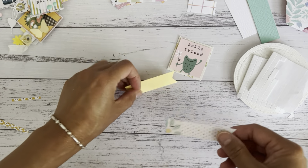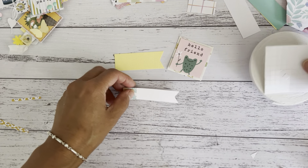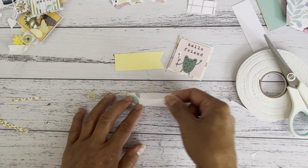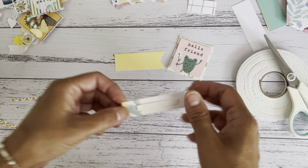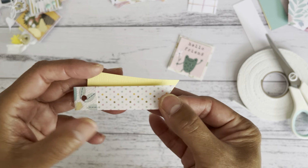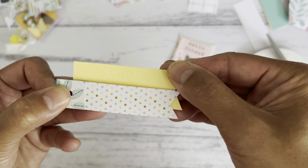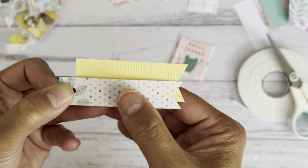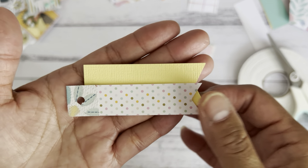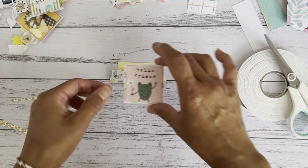So I've done that now, and that's going to get placed onto the front of the cardstock, and I'm going to use some more double-sided tape. I've just got my roll here. Just cut a strip. Just place it there. And I want to just sort of go halfway down, and making sure the whole part is sort of outside, so I'll be able to add some trim. So you just want it sort of out of the edge of that, and then you have yourself your banner shape both glued on, and then this will get placed on the top,